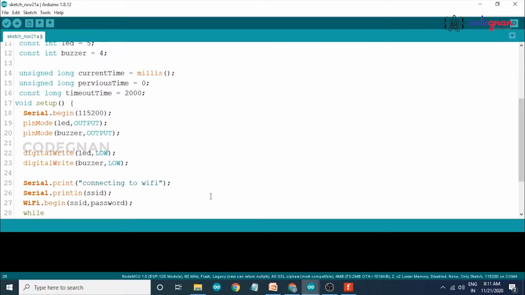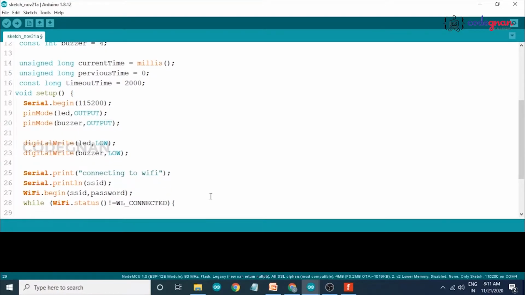If our Wi-Fi is not connected to our SSID and password, we have to repeat the reconnecting process, so in the while loop we write WiFi.status is not equal to WL_CONNECTED, and open our loop, delay some time.